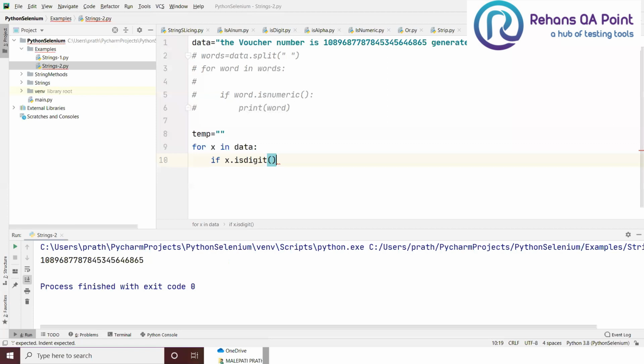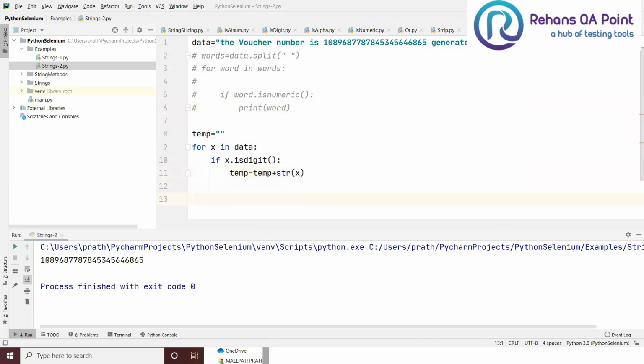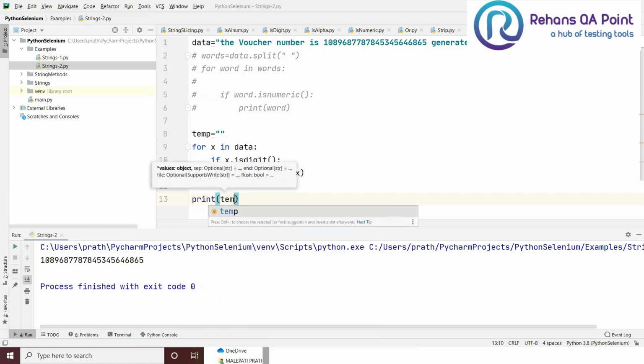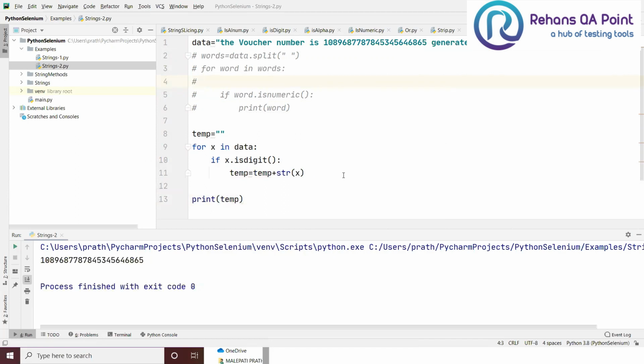If it is a digit, then I'll store temp equal to temp plus str of X. Now I'm going to use print of temp. So in this way, we can extract your numbers and print your numbers. So this is my second approach to get the numbers from the given string.